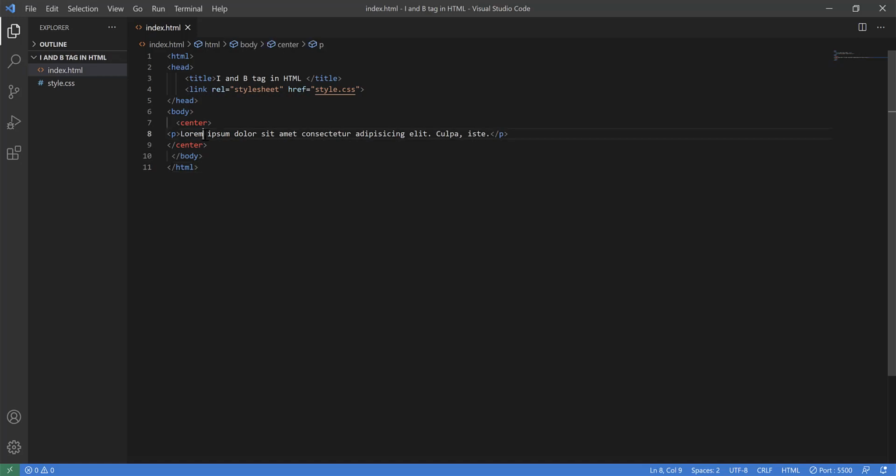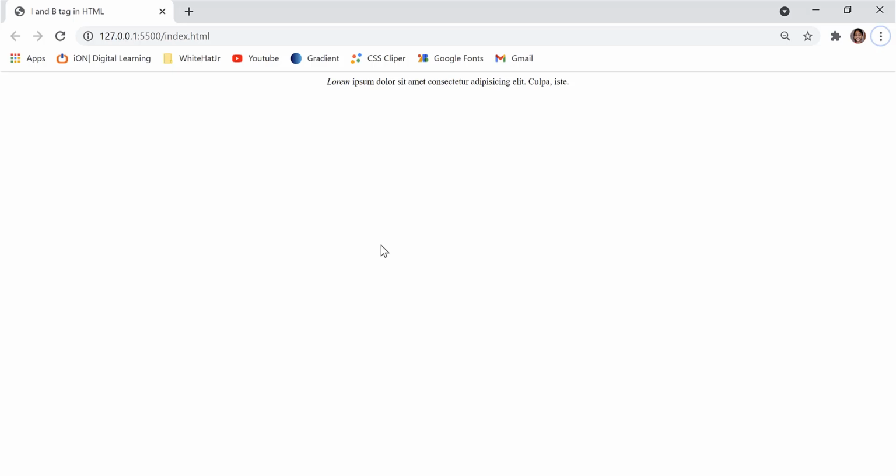The way to use this is by opening the I tag. I want to give you an example. You can see the first word here. All I want is the first word to be in italics, so I just need to open the I tag here and close it exactly at the end of my first word. As you can see here, when we live test this, the very first word is actually written in